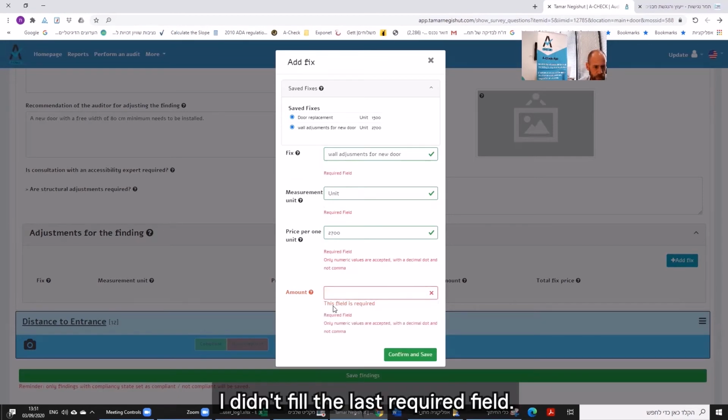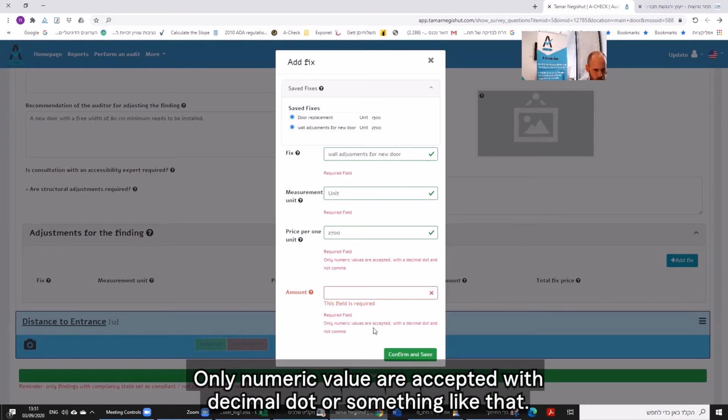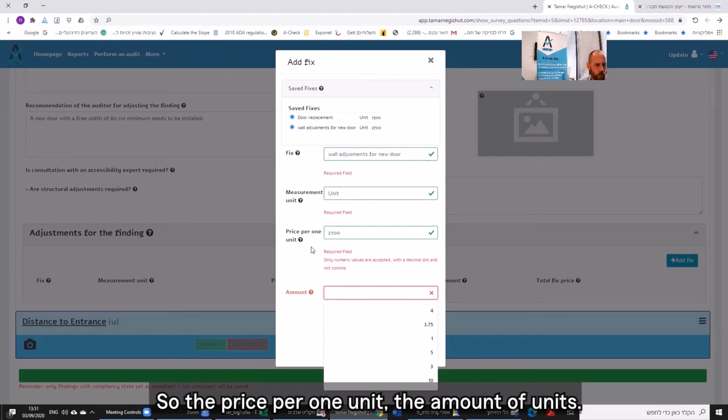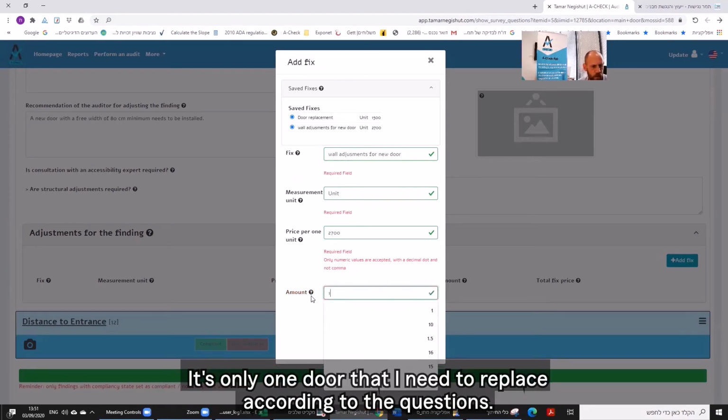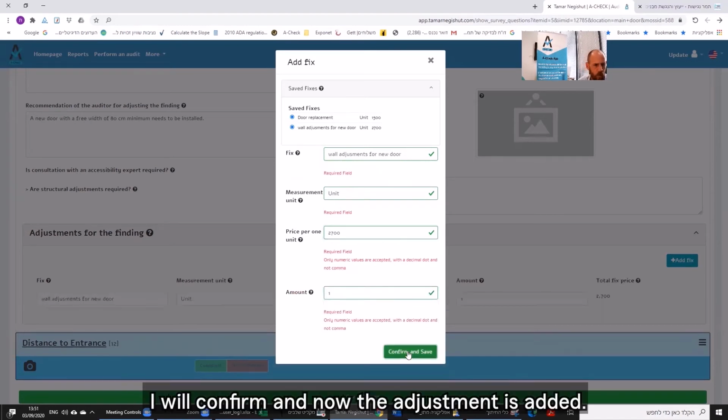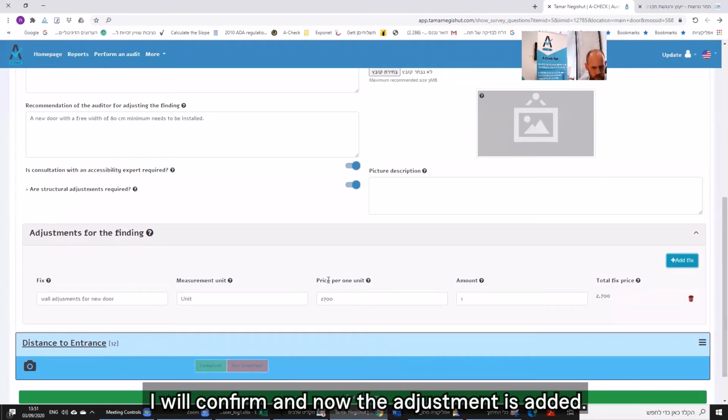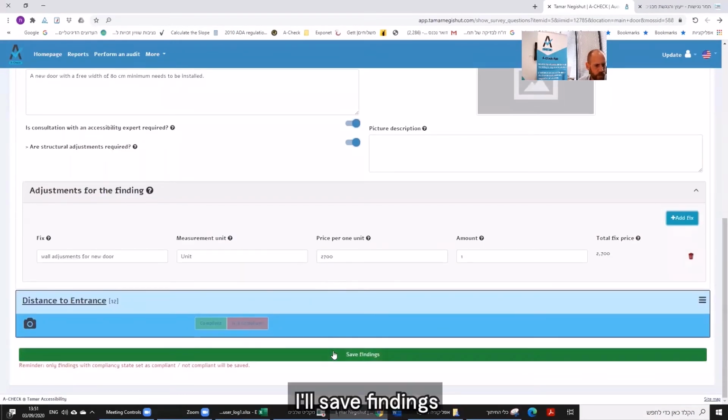I didn't fill this required field. Only numeric values are accepted, with a decimal dot or something like that. So the price per one unit, the amount of units, it's only one door that I need to replace according to the questions. I will confirm, and now the adjustment is added. I'll save findings,